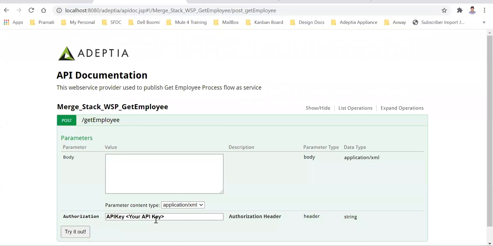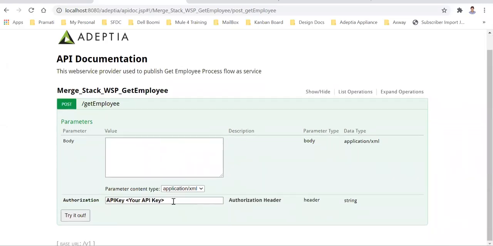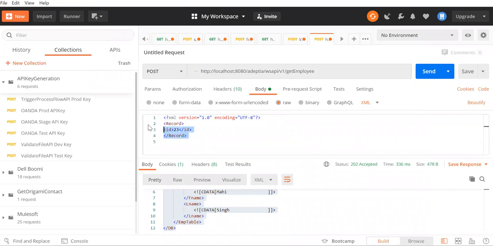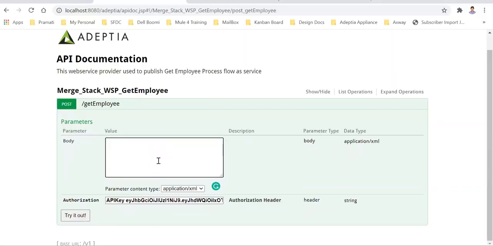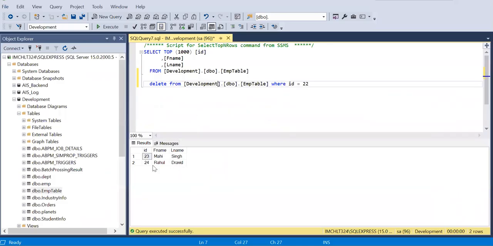now it's asking for authorization. Till now, if I go back to that tab, there was no API key option. Now you can see it here. So here you need to pass that API key we just created. Let me pass that, and the body will be this one. Let's copy this and paste the body here. Let me change the value for now so that we can see a different result. You can see that it's changed, now 24 for 24. If you see the database, 24 is Rahul Dravid.